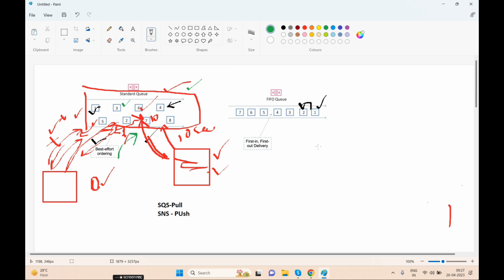One more thing, we have something called delivery delay. Now what is delivery delay? For example, we have more than 2 requests, but one request is dependent on the other. Once this request is processed, then only the next has to process. So what we can do is set the delivery delay. We can send these 3 requests in one go, but set the delivery delay.